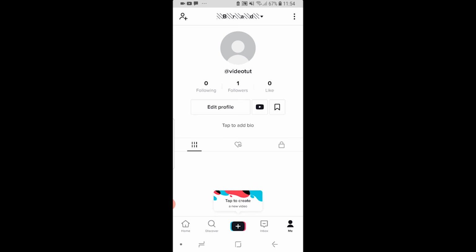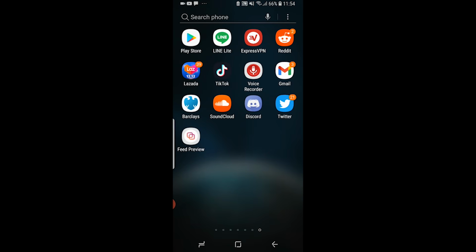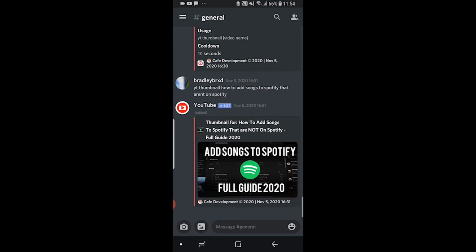In this video, I'll show you how you can add your Discord server link on TikTok, and I'll show you how you can add it so people can actually go and click on the link and it takes them to your server. So what you need to do, you need to first go to Discord. So go and open up your Discord app and you need to choose your server that you want to get